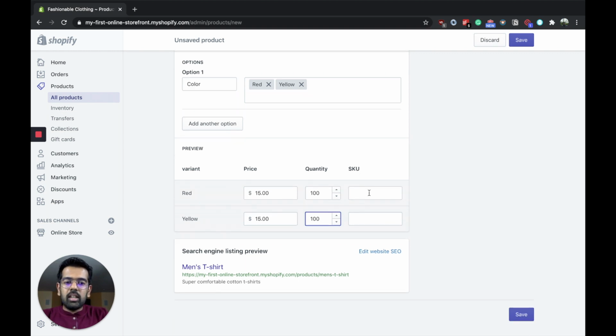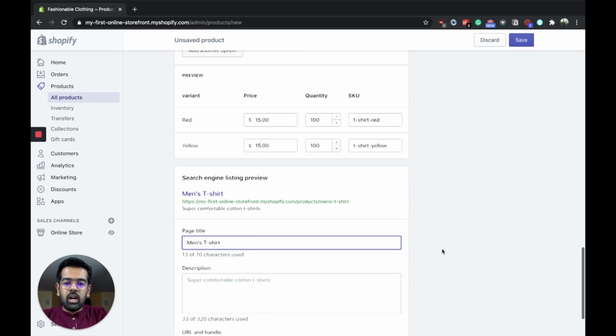SKU is basically a unique identifier that is used to identify your products uniquely in the inventory. So make sure when you're adding your SKUs, they are unique to each item that is available in your inventory. So for example, I'm going to call this t-shirt red,